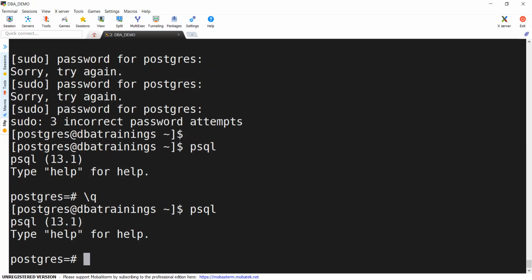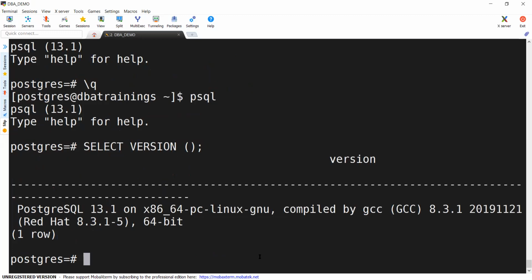Of course, you can change the Postgres password depending on your need, similar to any Linux user. Let me check the version of Postgres. So here you can see we have installed Postgres 13.1, which is working fine on my machine.